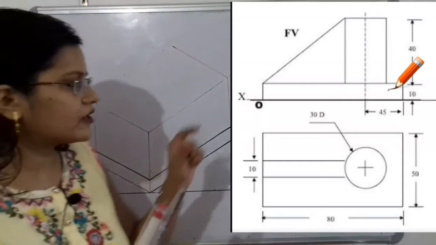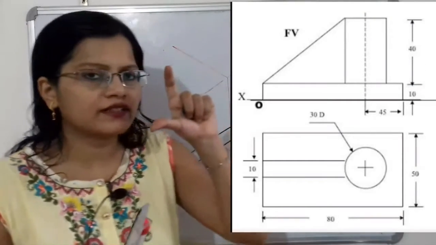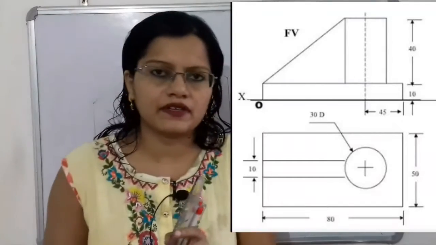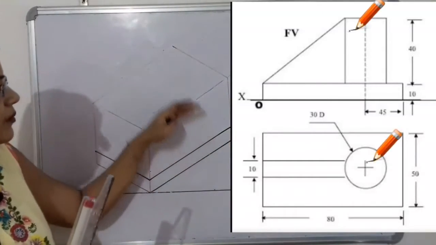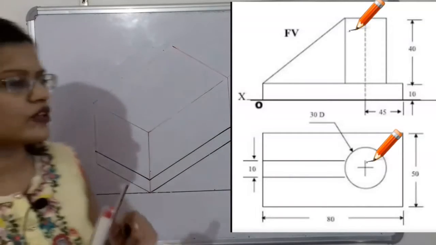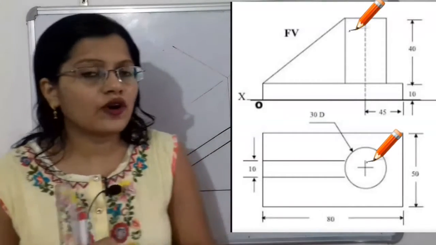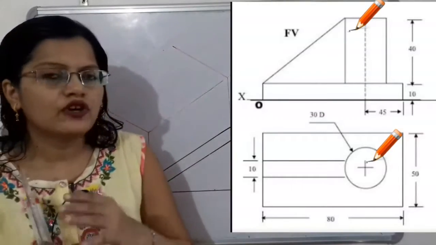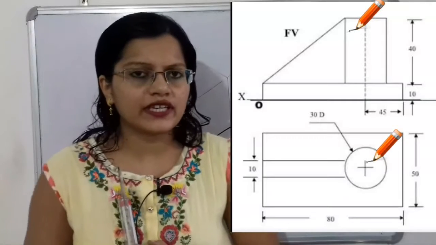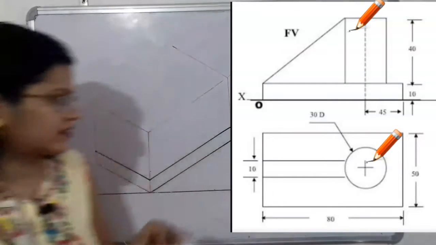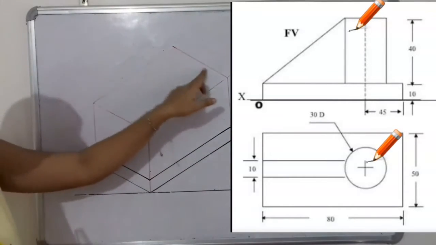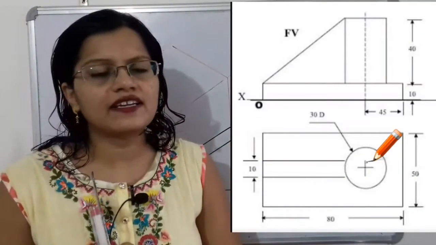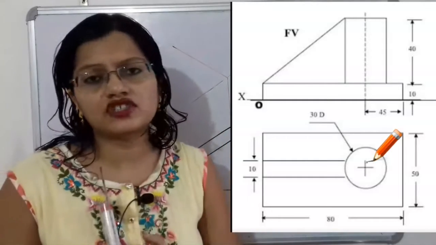Now if we observe, there is a slope also, and there is one construction above this 10 millimeter height, for 40 millimeter. But we don't know what is the true shape of that construction. So we will move again to the top view. What does the top view indicate? The top view indicates the total length and total width. That is, this is the length and this is the width. Now for this, there is a construction that we can clearly see, that is, a circular structure is there.